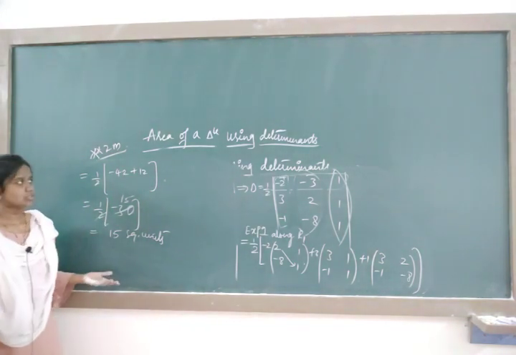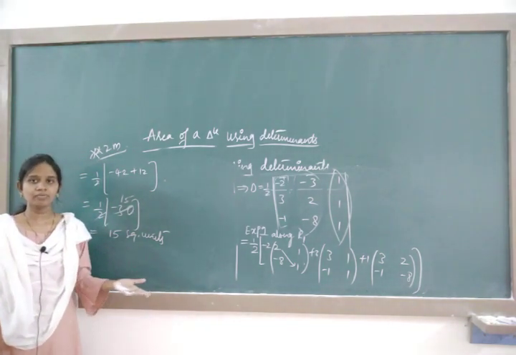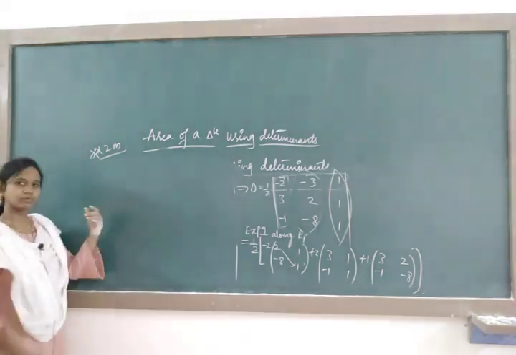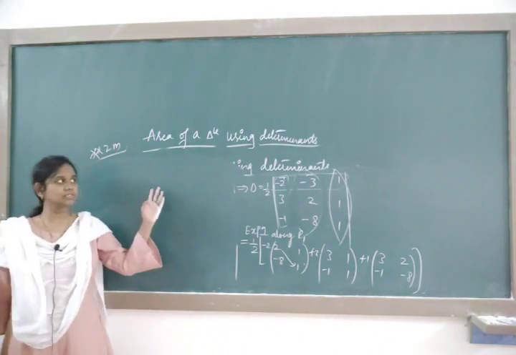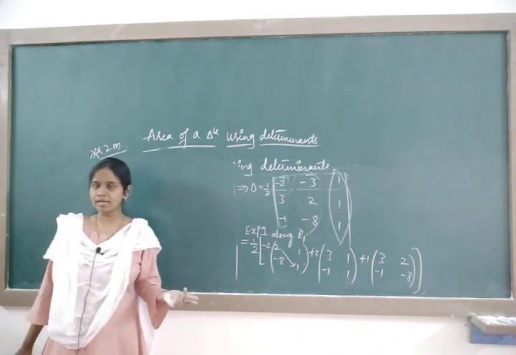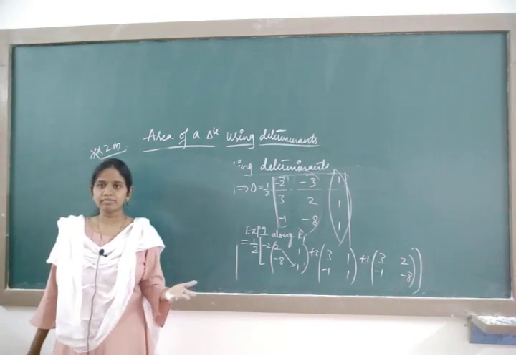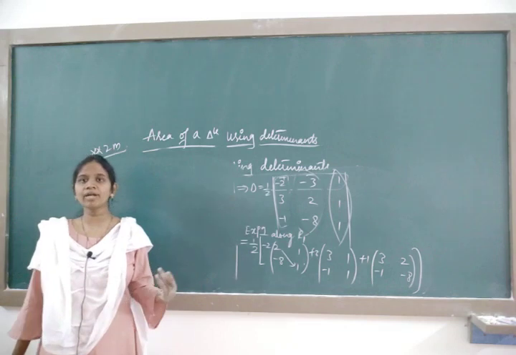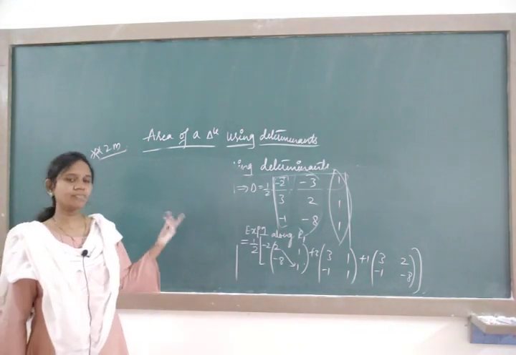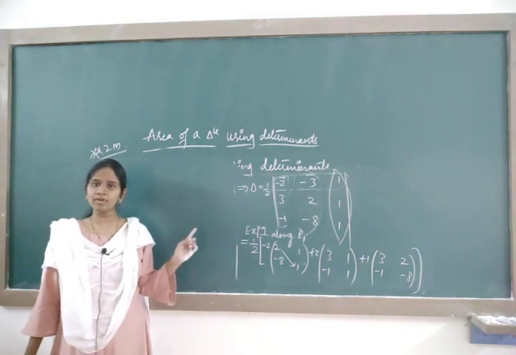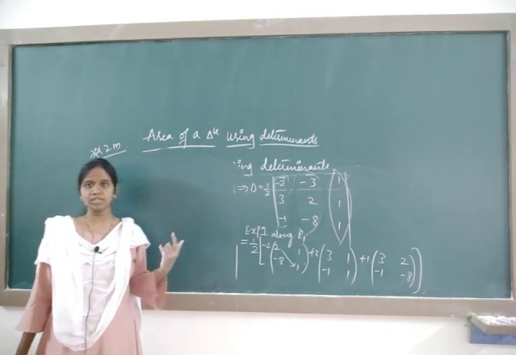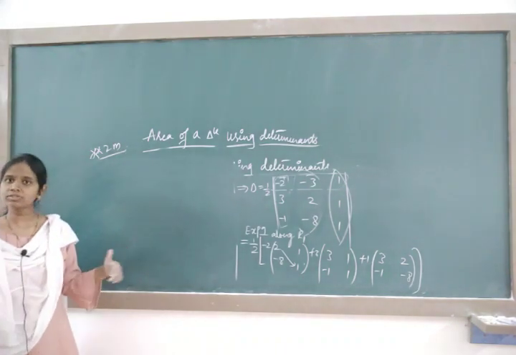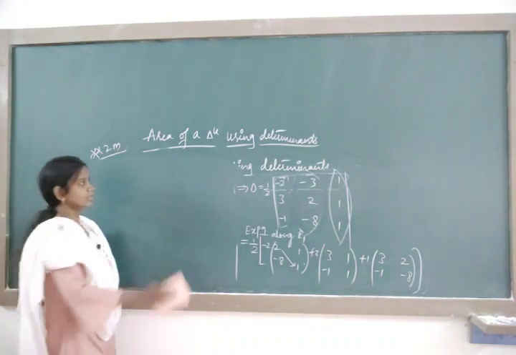Next, the types of questions using determinants and how we are going to face them, we will take down. In today's class, I will take 3 types of problems using determinants. One is the area of a triangle, using the same formula itself. Second, show that the points are collinear. Third, find the equation of a line. And everything we are going to use the same formula. Any one you are going to face in your examination. So the first variety of problem is over. Now we will move on with the second variety of problem.